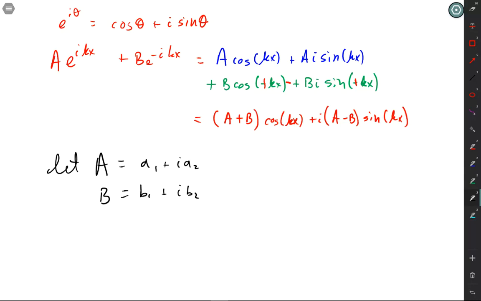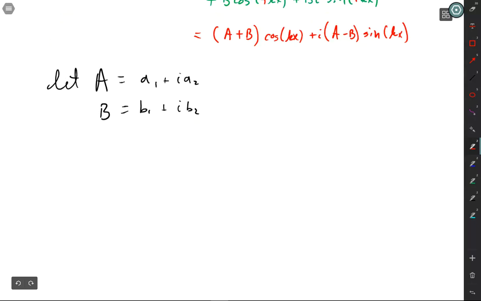So if I substitute those in, then I'm going to have psi is equal to (a1 plus ia2 plus b1 plus ib2)